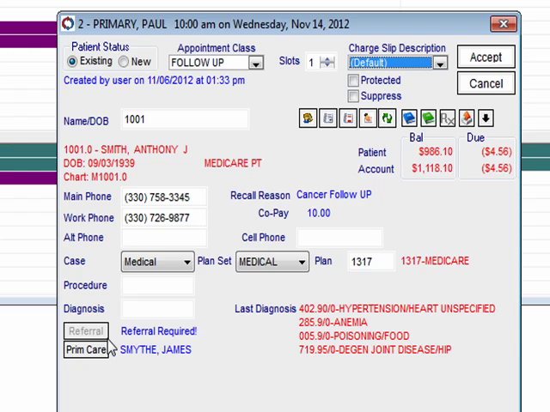The next thing you see flashing is this referral. If, based on the insurance that's set up for the patient, a referral is required, the system can warn that there is no referring doctor set up and that needs to happen for this appointment because the insurance company requires it. Additionally, I can see that there's a cancer recall follow-up set, and I can see that there's a copay